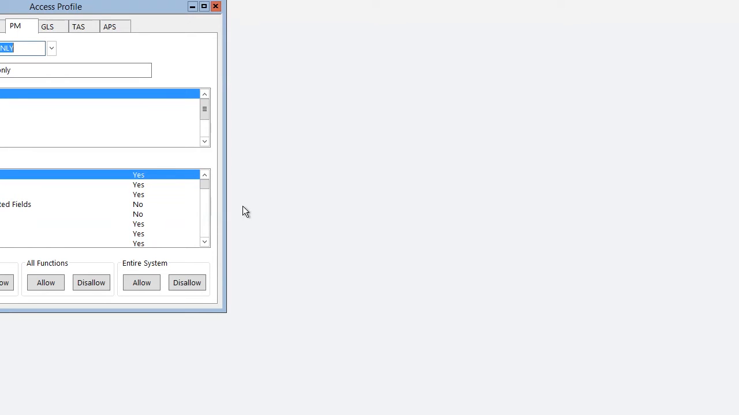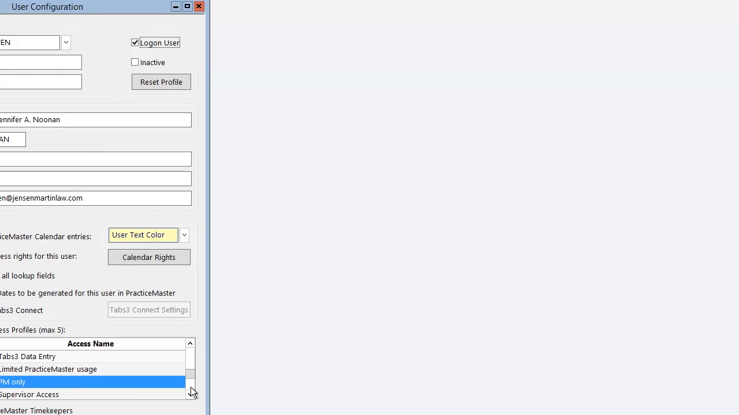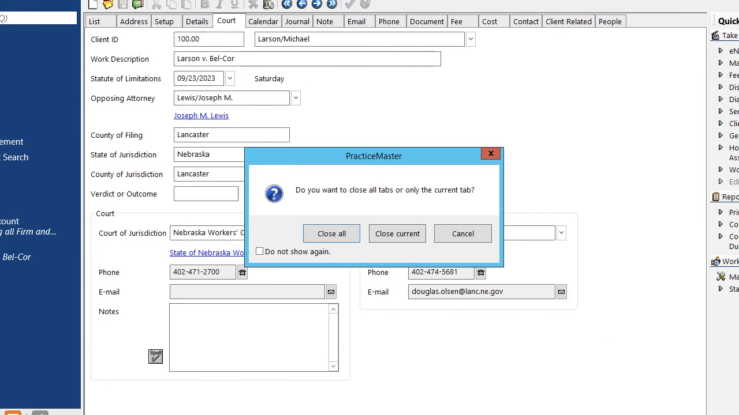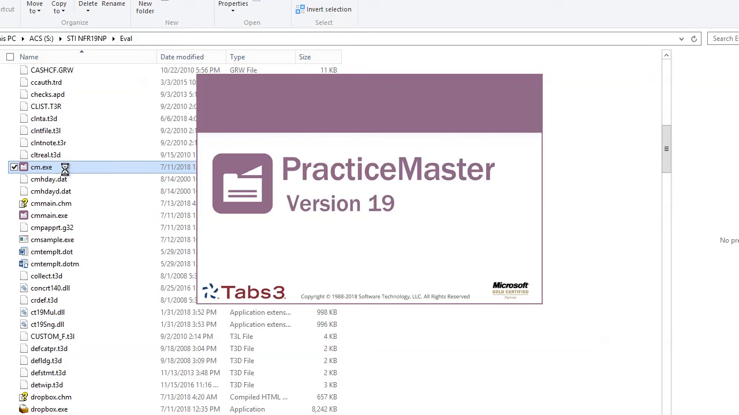So now I've taken Jen. Let's go into users. Let's pull up Jen. And what you'll see is that although Ron is a manager and can access anything, Jen is part of the PM-only group that I have said cannot access those restricted fields in the client file. So if I go ahead and get out of here and get out of PracticeMaster and then go back in as Jen,